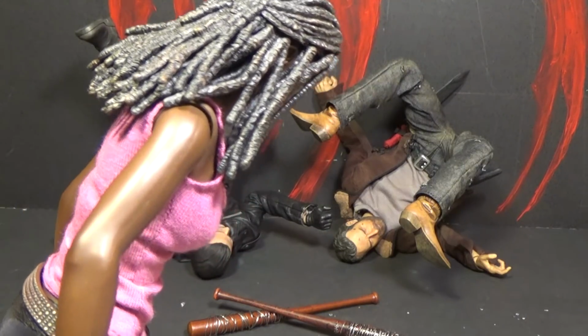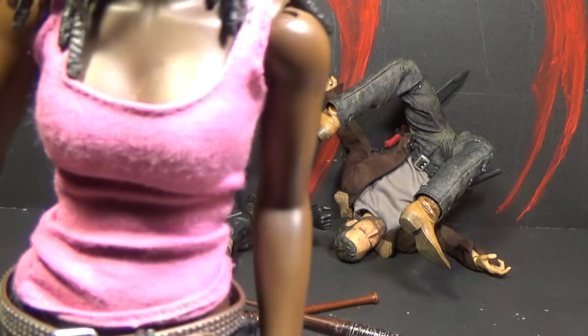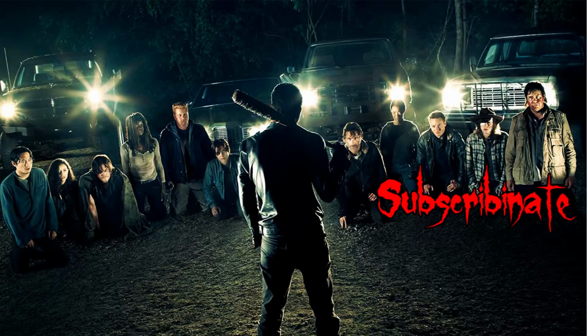I don't even give a shit. Whatever. Hey man, this is Carl Grimes, and my dad's Rick Grimes. If you don't watch them